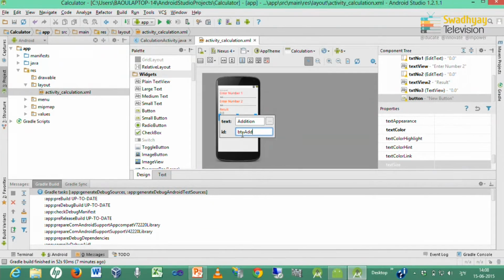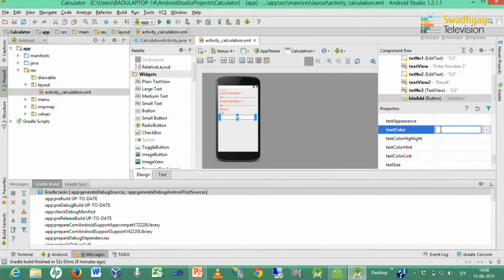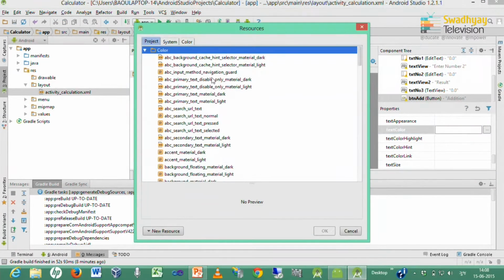So by convention we can write btn for button and txt for text, so that we can quickly identify this is a button, this is a text view. So we will use this convention. Likewise, you can change its text color or background.